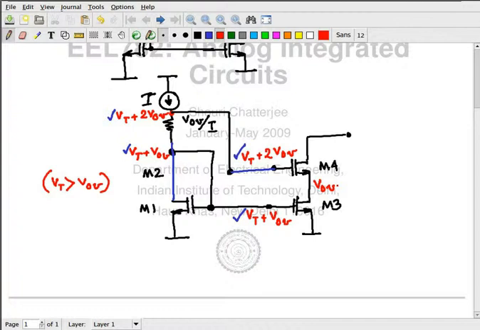Do you think the current on M1 will be equal to the current on M3? Remember, the current through M3 is a strong function of VGS, fine, but it is also a weak function of VDS. So the currents are not going to be identical. They are close to each other, but not exactly equal. However, if I have what I drew before,